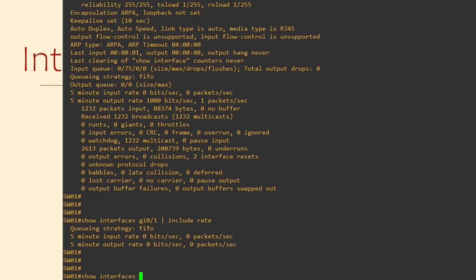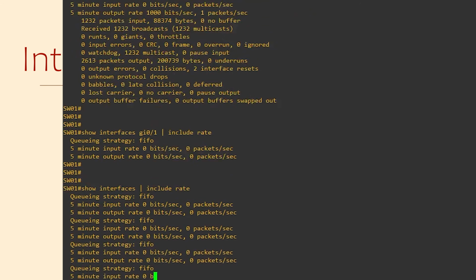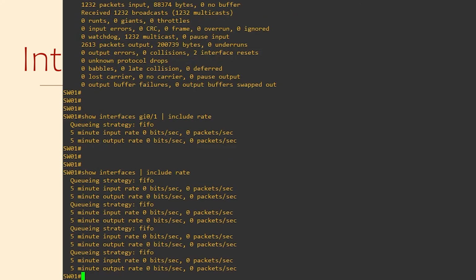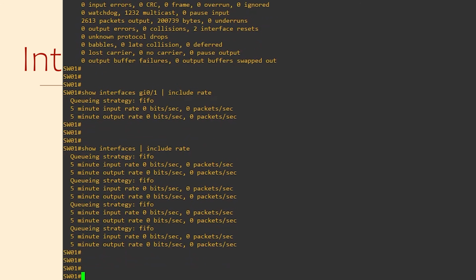We can even use this to look at the data rates for all interfaces at once. But notice that it hasn't given us the interface name when we do this, which makes it a bit hard to tell which interface has a high data rate. So we can get a little bit fancy. The include command uses regex. If you're not familiar with what regex is, well, it's simply an advanced method for matching things.